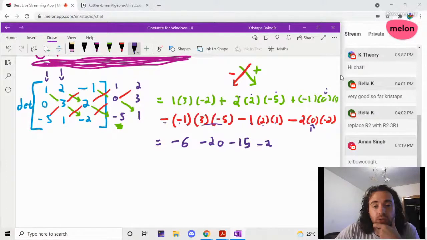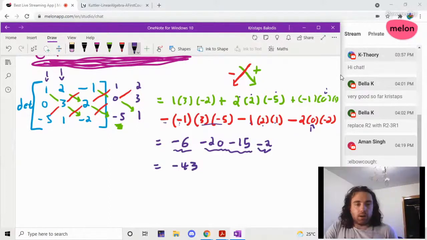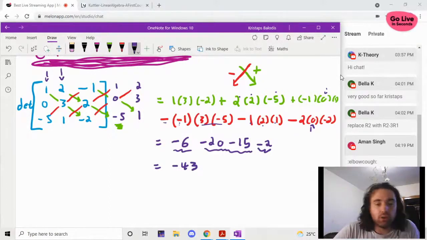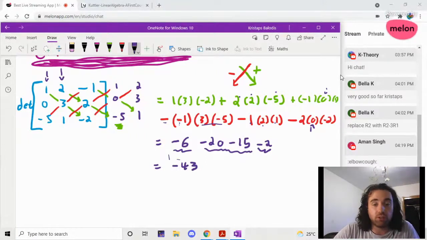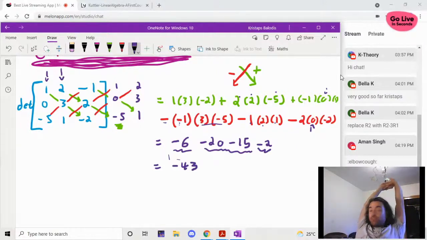Then what do we have here? So -20 and 15 is -35. -6 is -41. -2 is -43. And so, okay, we found the determinant of this matrix. And you'll probably notice, if you've done cofactor expansion on 3x3 matrices, this is probably a lot